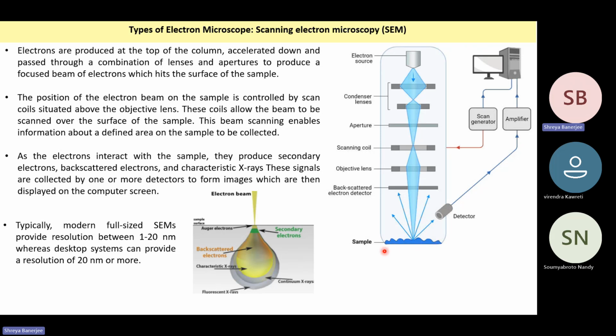Now, as the electrons are interacting with the sample, they produce secondary electrons. That is, they are hitting the sample and they can excite one of the electrons on the sample to move out, or they can produce backscattered electrons. So some of the electrons can hit the sample and scatter back. And characteristic X-ray. Characteristic X-ray means that these electrons are hitting the sample, pushing out one of the inner electrons of the sample, and the outer electron of the sample is jumping down to take the place of the inner electron. So that will cause emission of a certain X-ray called characteristic X-ray. So all these